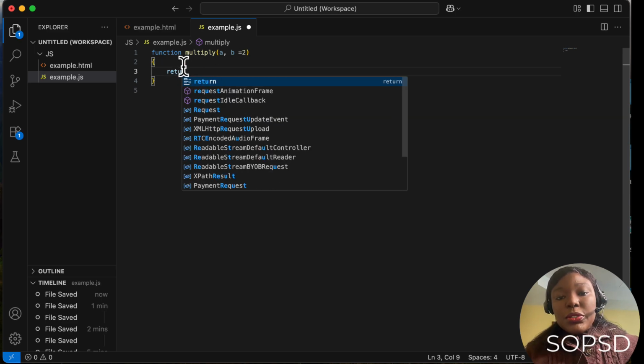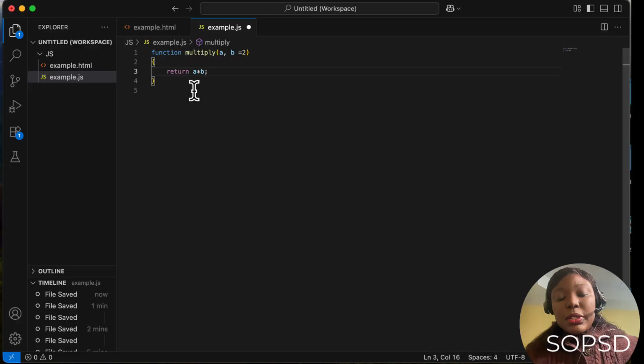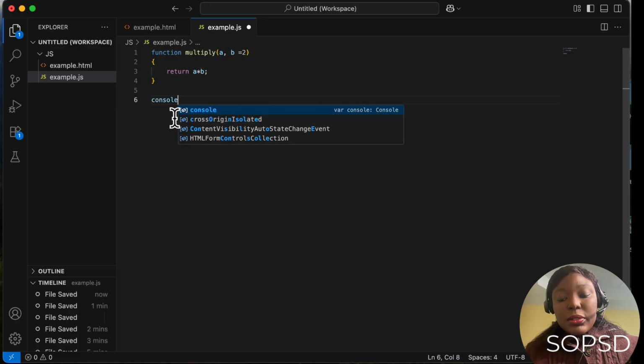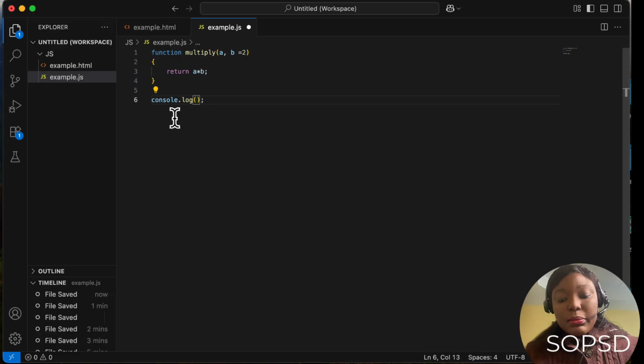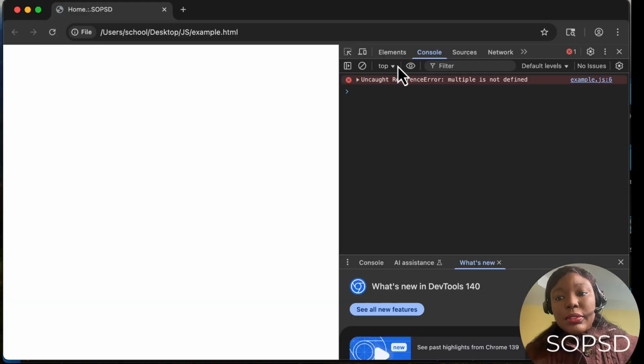So when we say it should return a times b, it will return the multiplication to the calling program. So when we call this function, let's say console.log, and we are logging the multiply, and we supply the value of a as 3, right? When we refresh our page, it will be 3 times 2, which is going to give us an error here,